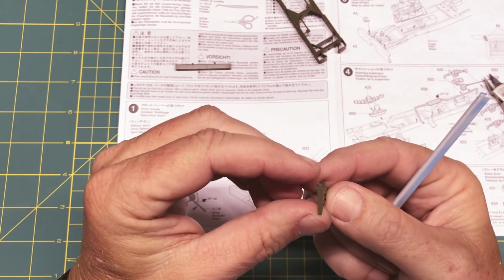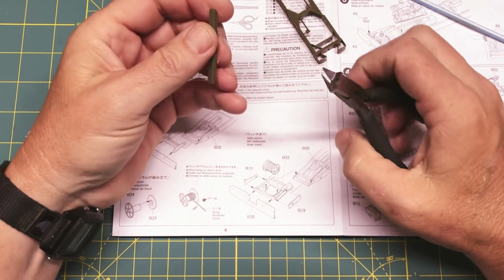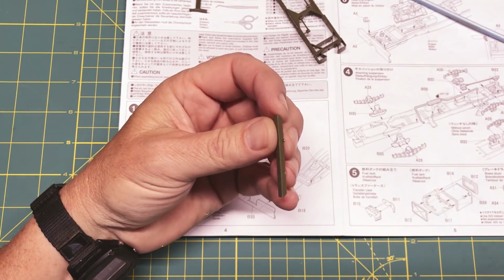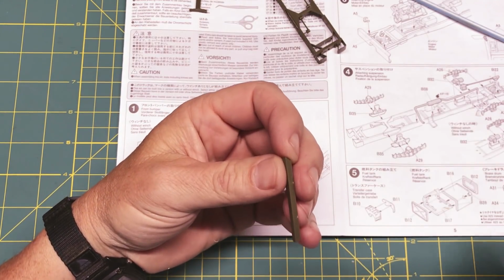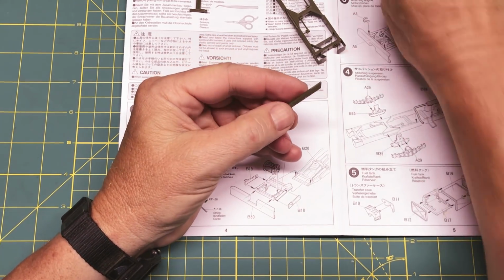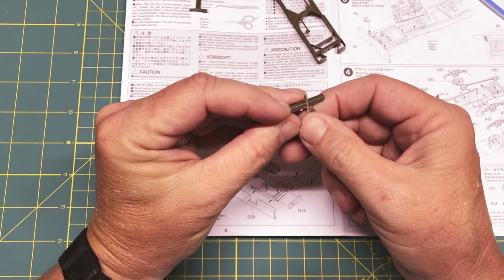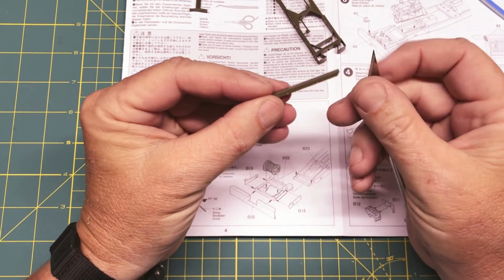Okay, so that part's cleaned up, and then this part here is the next one that needs to be cleaned up. Same thing, cut it as flush as possible. Now, it's not so prevalent on newer kits. I'm talking really newer kits within the last, say, 10 years. But some kits, especially kits from the 70s, 80s, into the 90s, sometimes because of the molding